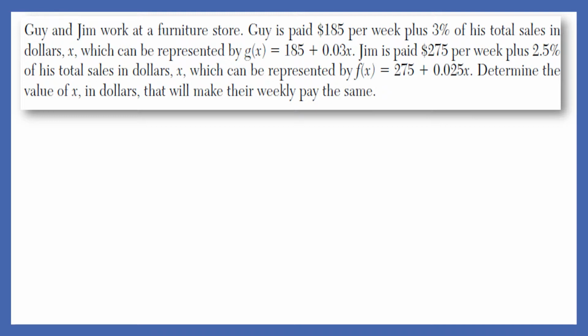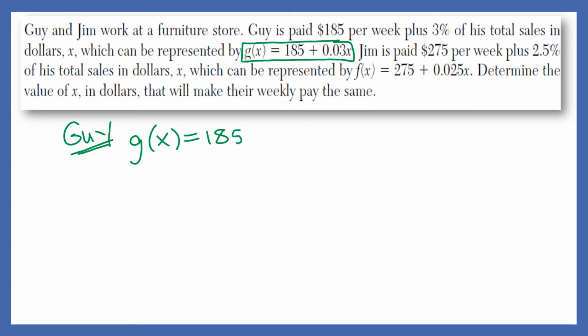All right, this question says, Guy and Jim work at a furniture store. Guy is paid $185 per week plus 3% of his total sales in dollars X, which can be represented by G of X equals 185 plus 0.03x. All right, remember what we talked about earlier. It gives you all those words just to say this. So I'm going to make myself a little note. I'm going to dissect this as I go. And it looks like Guy's equation is G of X equals 185 plus